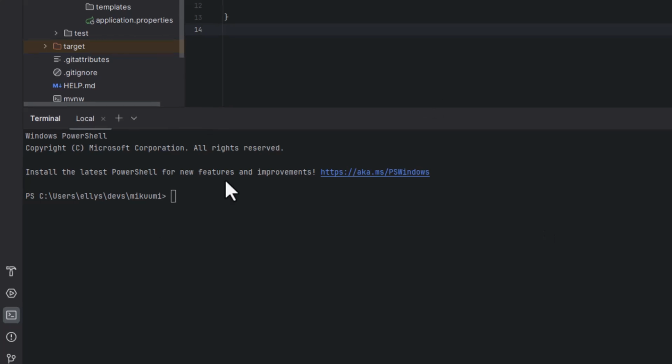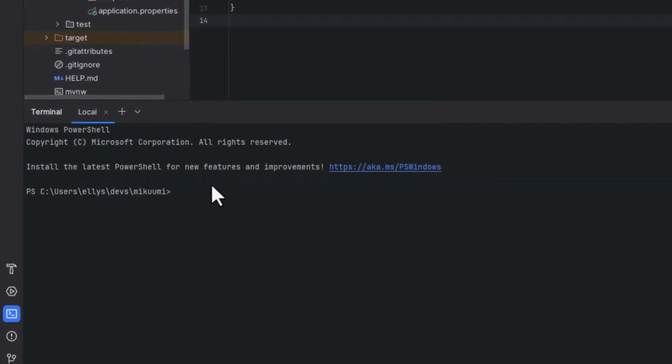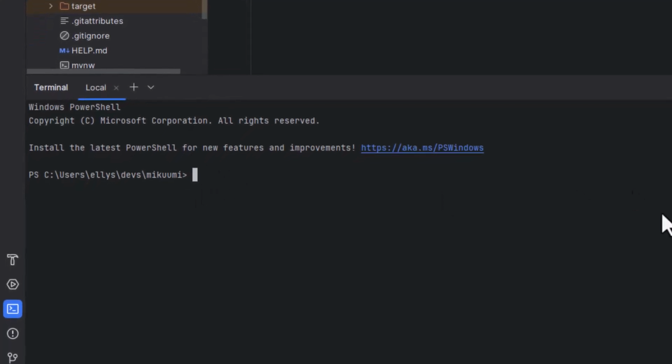Hello guys, here I would like to show you some common commands for Maven, the most used Maven commands. Then we have the mvn version, which prints out the version of the Maven you're running. So if I type mvn, Maven, short for Maven, and then dash dash, and then put version,